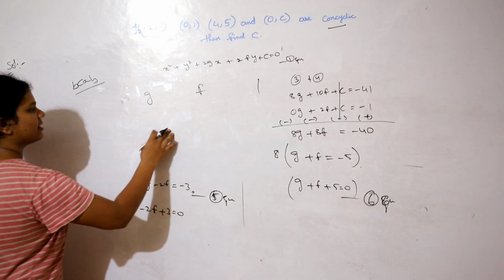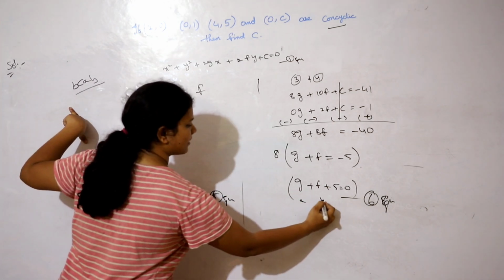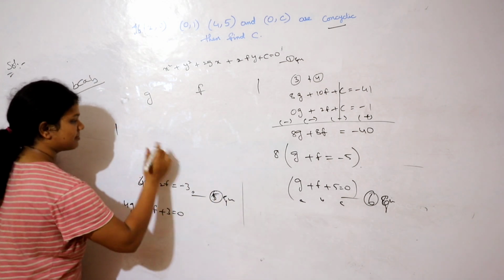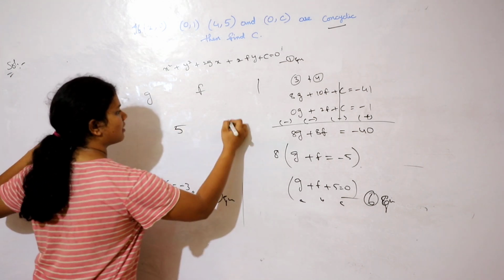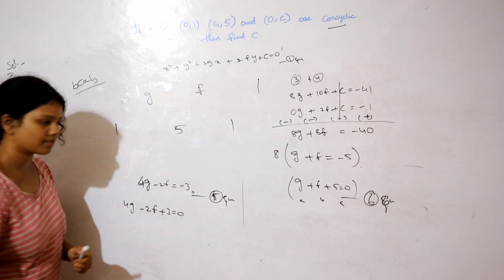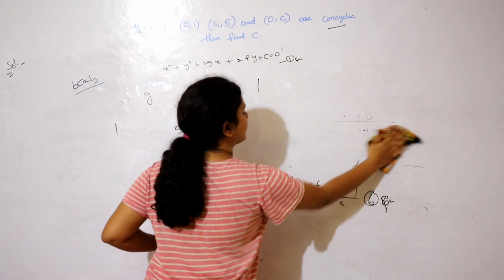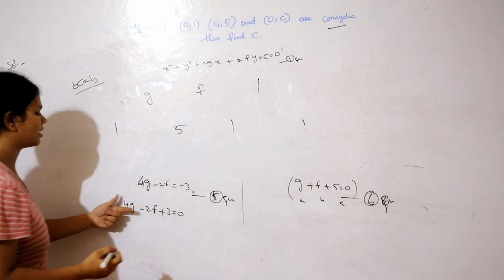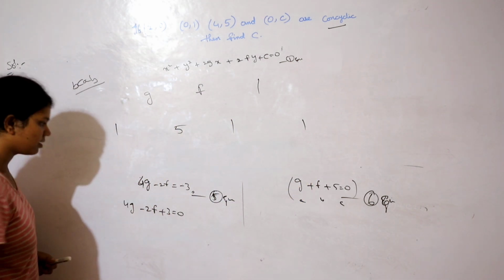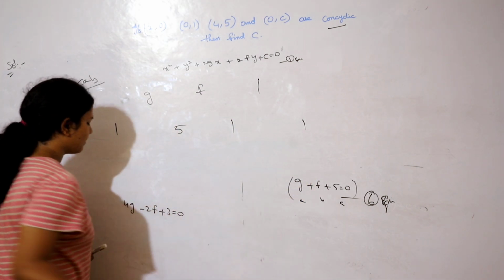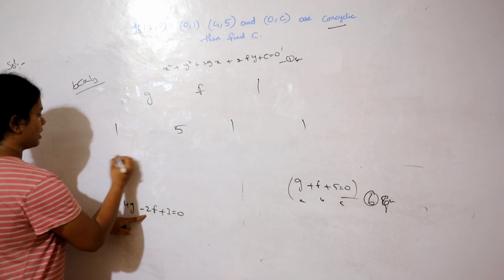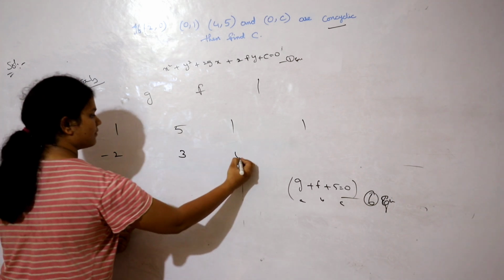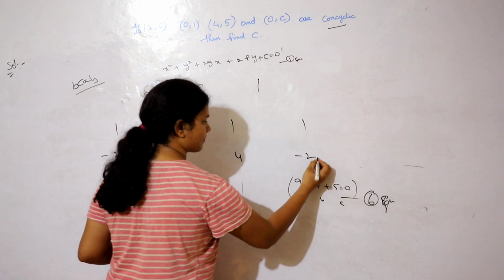So it's BCAB, right? So what is the B over here? Let this be A B C. Okay, BCAB. B means 1, which is f. C means 5, right? A means 1, and B is also 1. Again, coming back over here, we got BCAB again. B minus 2, C 3, A 4, B means minus 2 again. Clear?